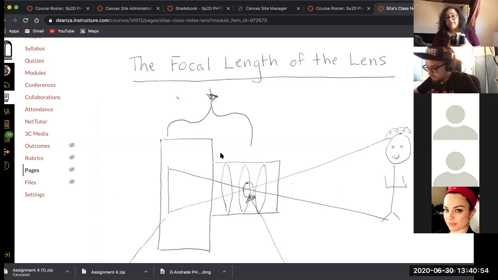And the focal length of the lens is not the actual length of the barrel of the lens, the physical length, but the distance between 2 points, one of which is located in the lens and the other of which is located in the body of the camera. So